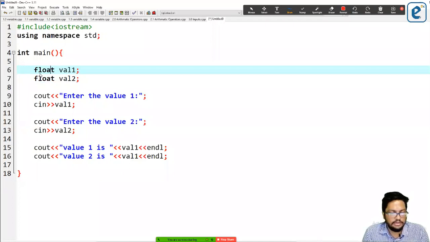And thereafter, the value 1 and value 2 are here, two float type variables.